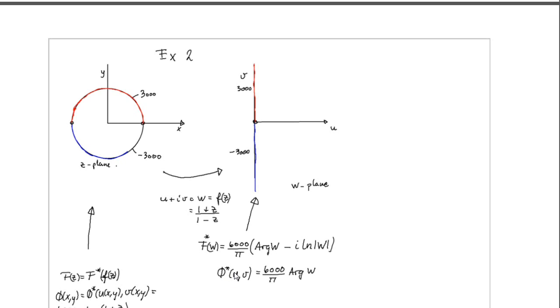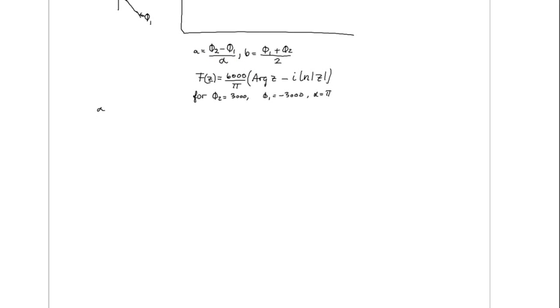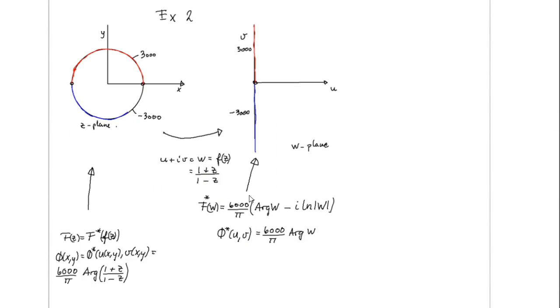So it's easy for us using the formula I showed you, this formula where we know the alpha 2 and the phi 2 and phi 1, which are 3000 and minus 3000 respectively. We obtain this formula. Taking the real part of it, we obtain the potential function, and proceeding exactly as we did in the first example,